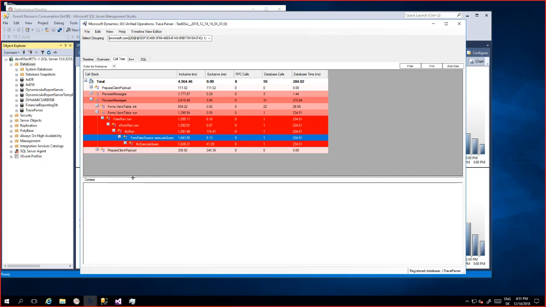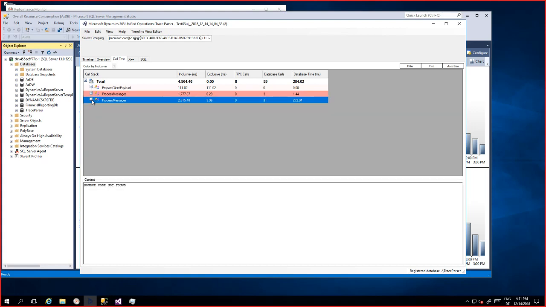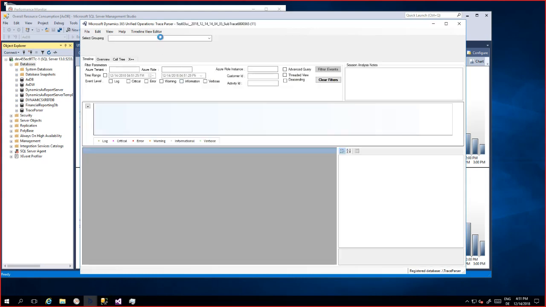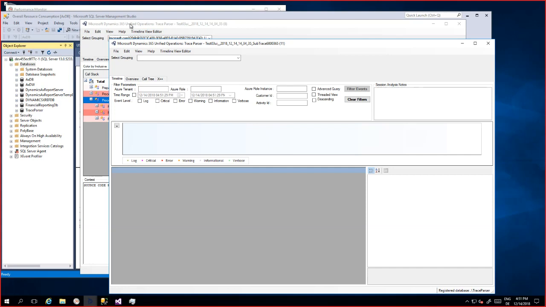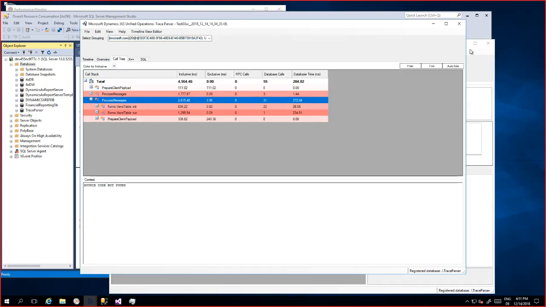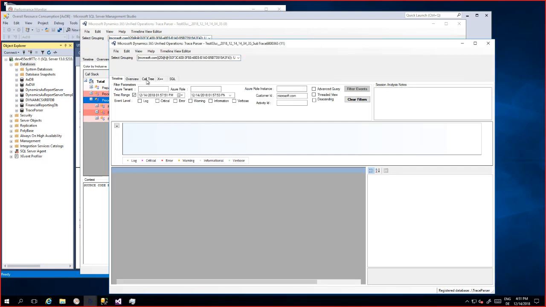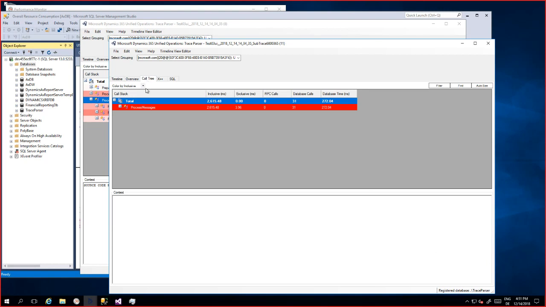So you can easily go down and see what is the root, where I spent most of my time. If you have very complex traces, you can also use a nice feature called create a subtrace from this node. So you get a subtrace created in your trace parser database with just the 2.6 seconds. Usually when I use this feature, I open it in a second window to ensure that I still know where I left off with a deeper analysis. Then you take this one here. Again, either go to the call tree, where this has just isolated the 2.6 seconds, or